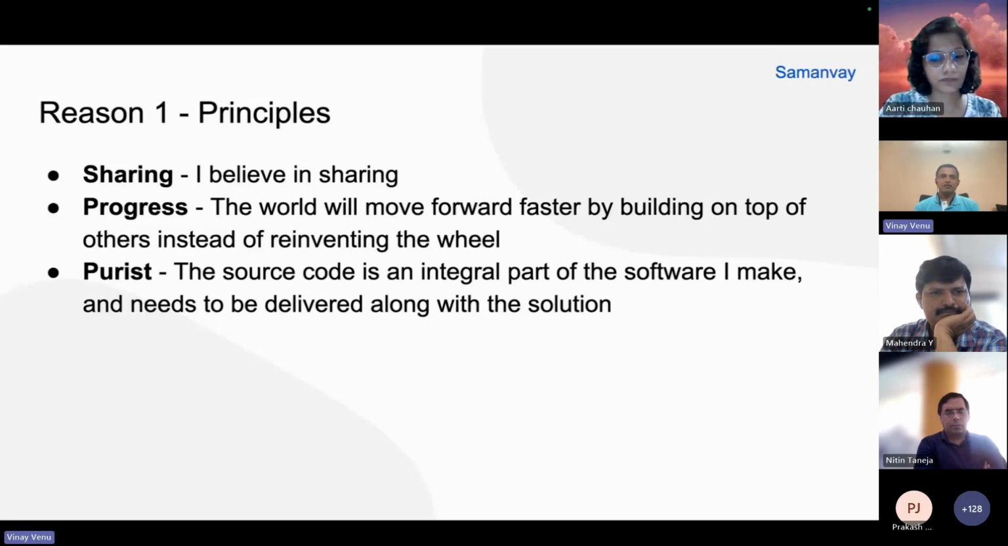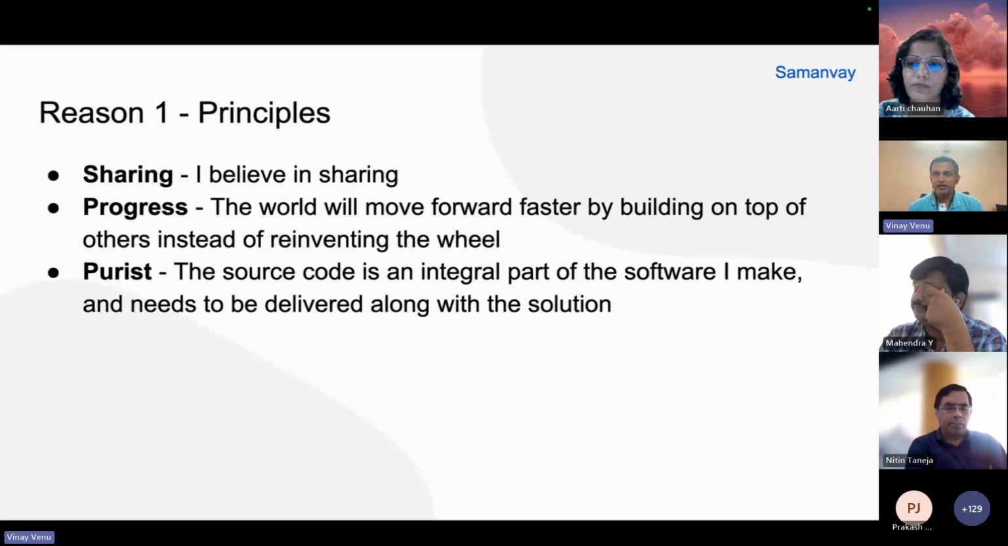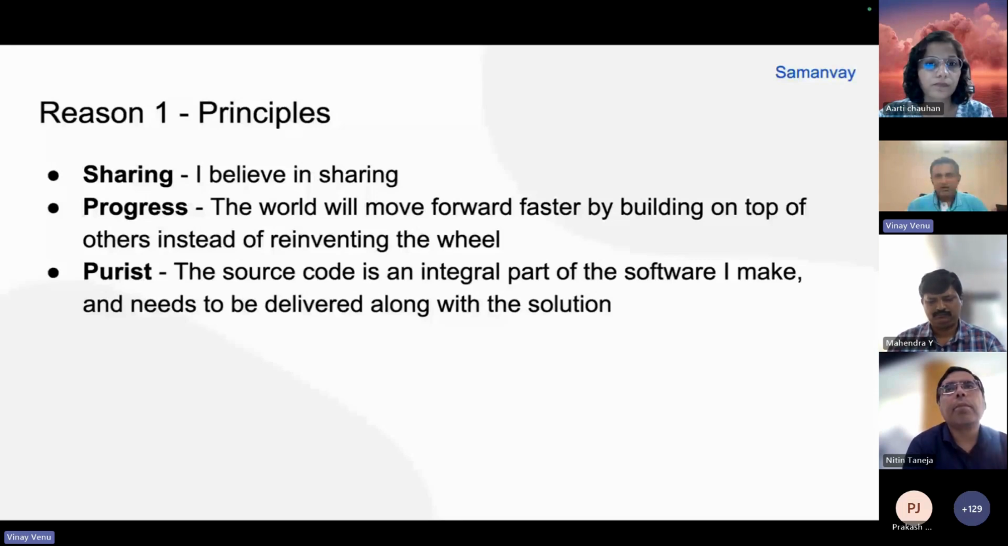The first reason is one of the purest. There are people who believe in sharing, and they believe that you should never reinvent the wheel. If somebody has built something, let's build something on top of it, right? So you believe in sharing, you believe in the progress of the world. You could be a purist who says that if I give you the product, then I will give you the source code by default, because you have complete ownership over what I give you, right? So that's one of the reasons. It's relatively less and less becoming relevant in today's world,